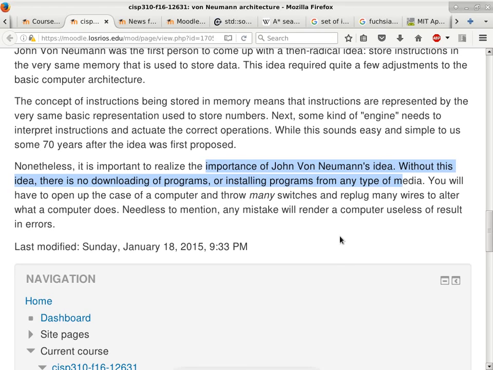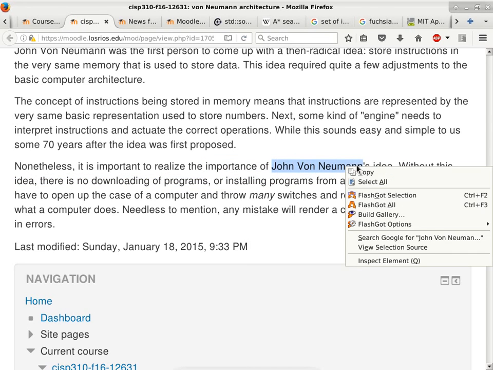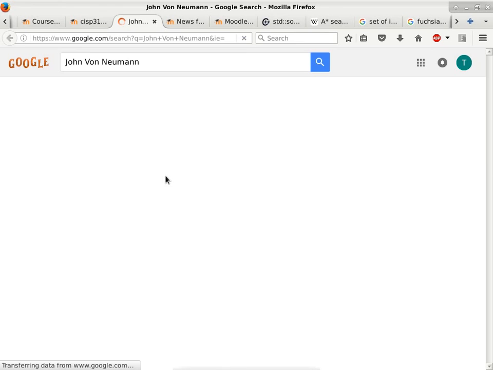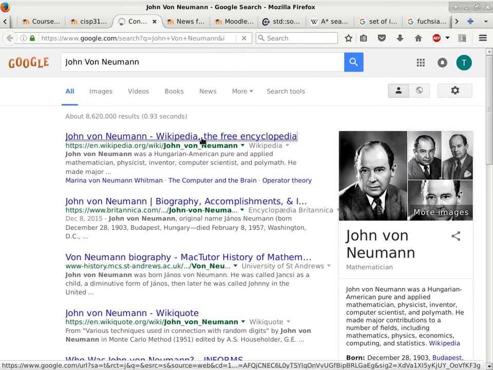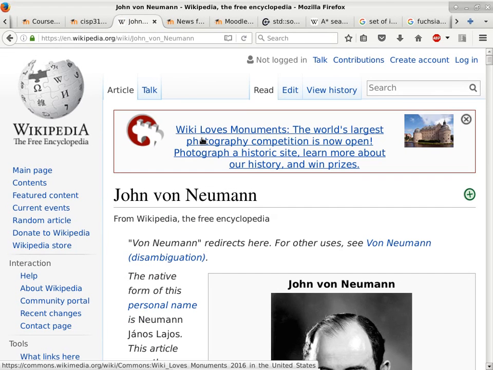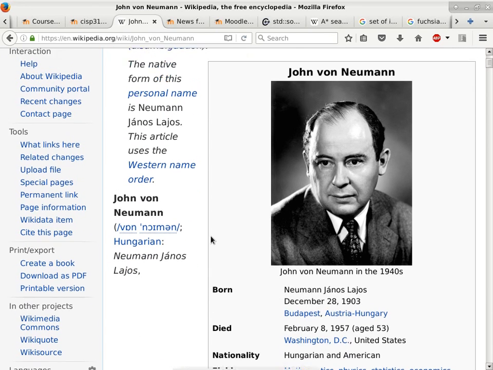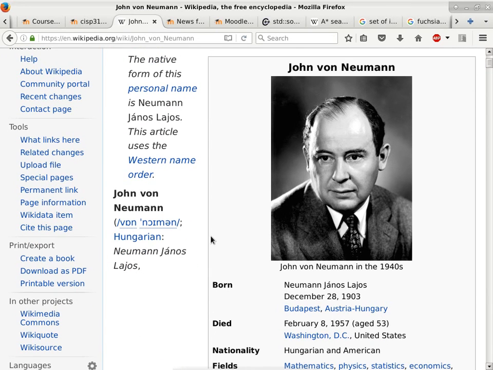So that's von Neumann's idea. For those of you who are interested, you can also just search for this name and look up Wikipedia, because personally, I think it's a very interesting read about the history of this guy, because he is referred to as the genius by geniuses, or genii, I guess.